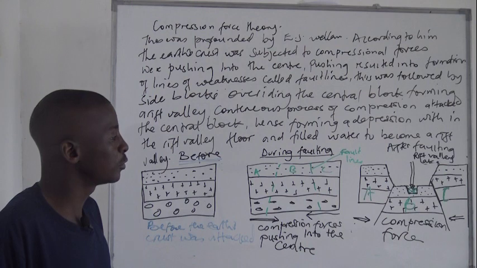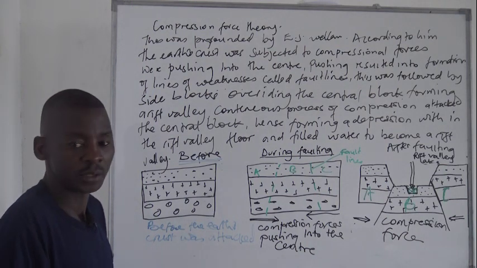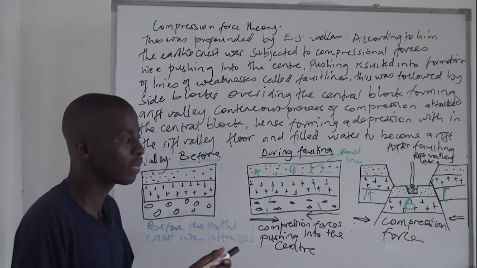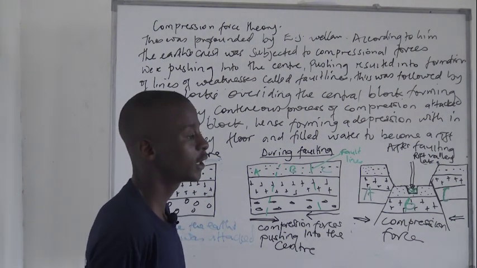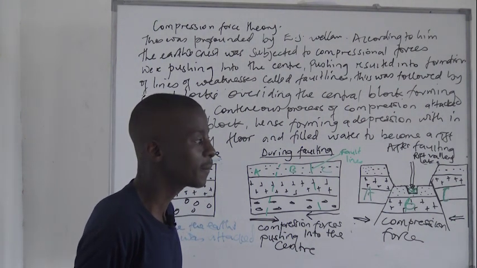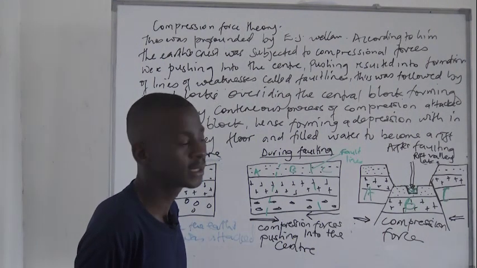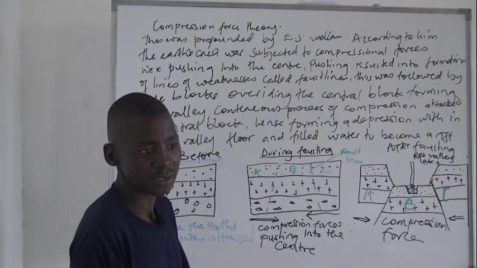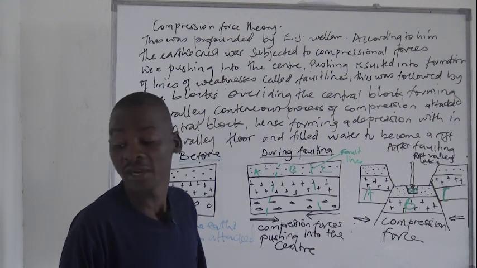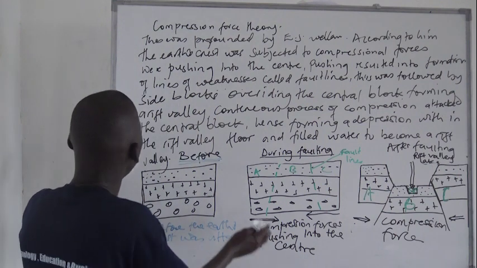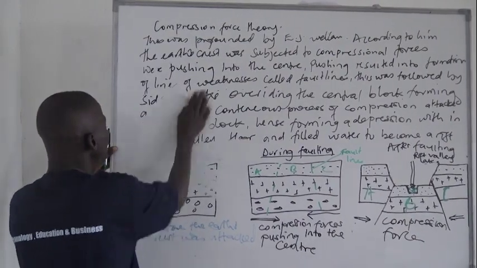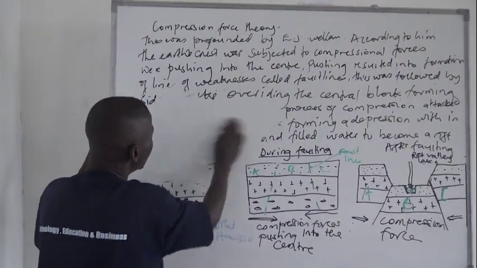That's where we have Lakes Albert, Edward, George, Tanganyika, Turkana, Malawi, Eyasi, Elementaita, Naivasha, Magadi, and so many more others. These lakes are very many. They are the most common lakes in East Africa, and how can we tell that these are fault lakes? By looking at their